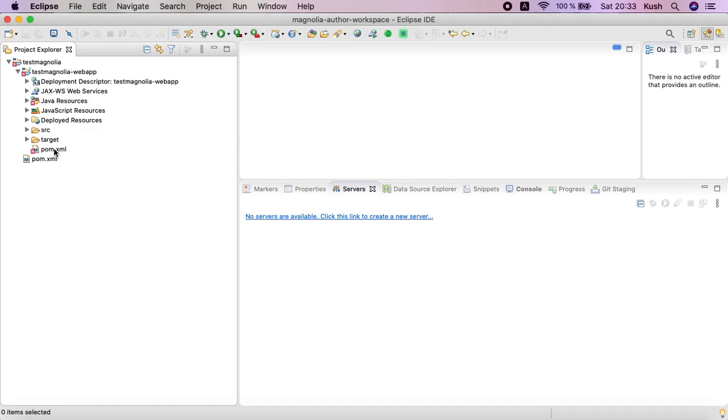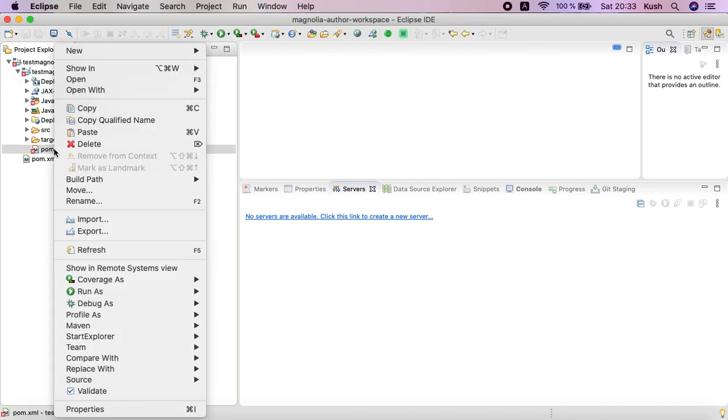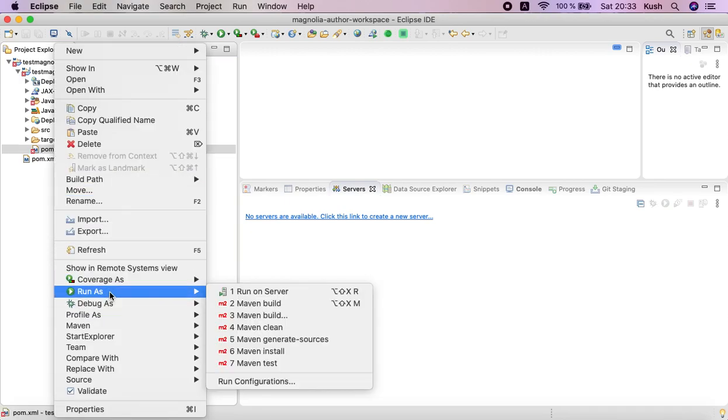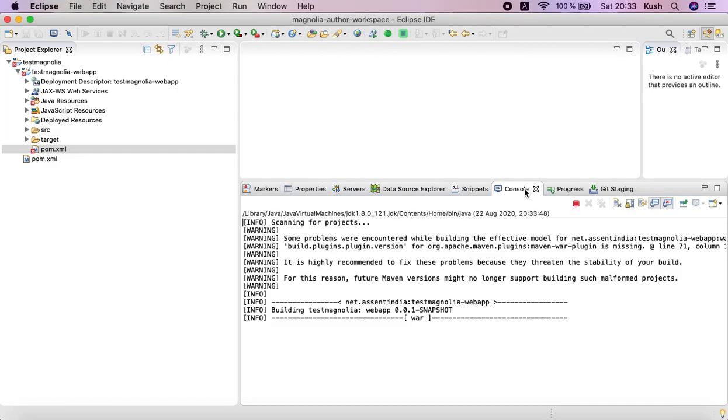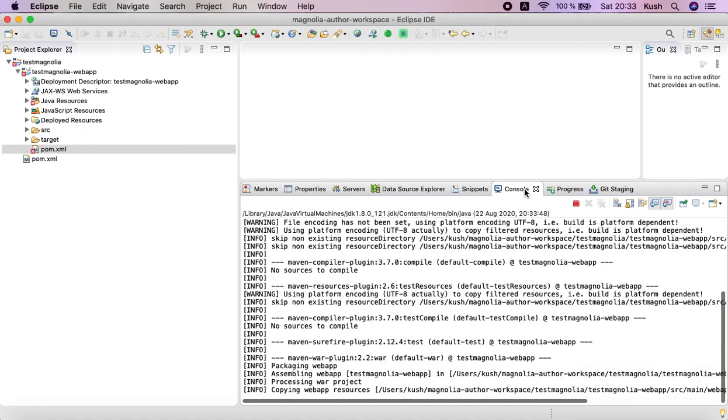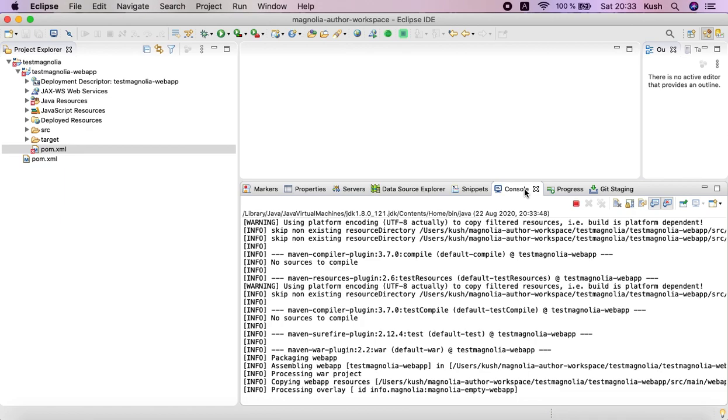so that our war file will be created and it will be deployed on the Tomcat server. Next, after creating the build, I will tell you how we can deploy that file into the Tomcat server, how we can attach that Tomcat server to our workspace, and how we will run that project. For this, I will create a build. I will go here, Run As, and pick Maven install. You will see the building process start, and it will take a few minutes. So let's wait for that, and then we will move to the next step.